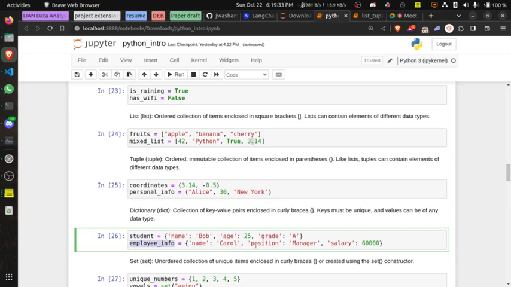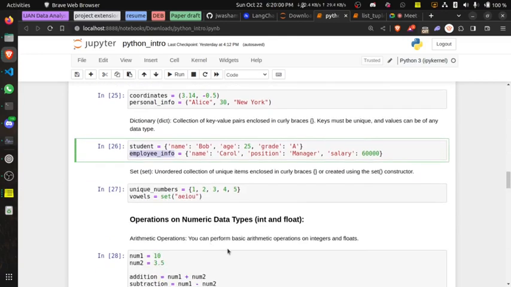Name Carol, position manager, and salary 60,000, maybe dollars, naira or pounds. That's just to give you a feel of how a list, a dictionary, or a tuple works. So basically that's it.